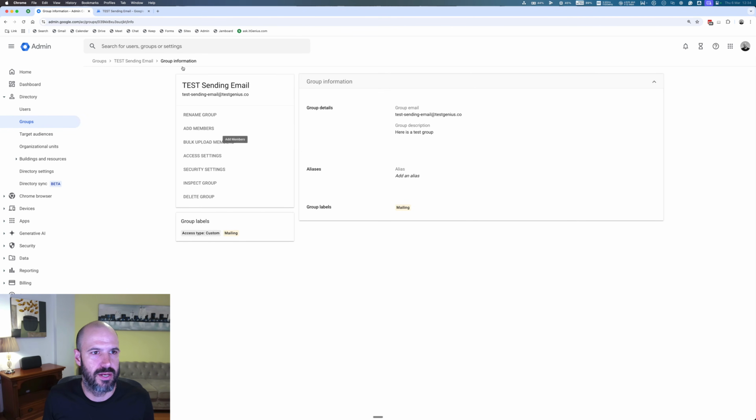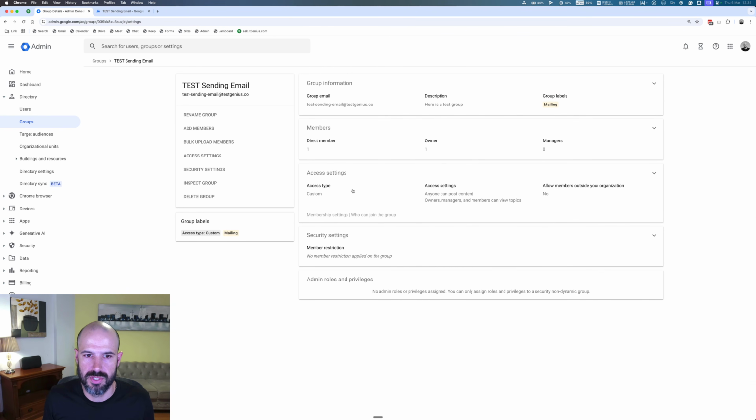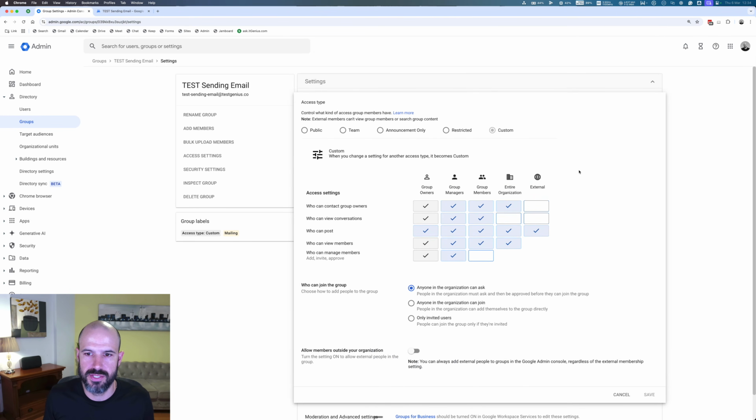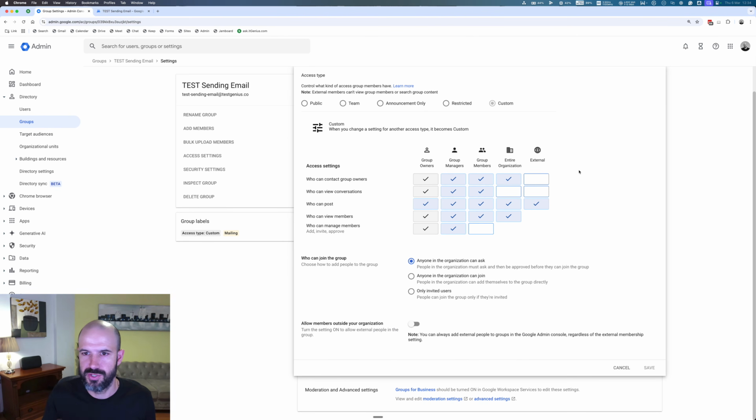Group email, and what I really want actually is the permissions. Here we go, access type. Okay, great. So it's pretty much mimicked the permissions that I usually like to set. Usually what I'll do is I'll come in here, I'll click restricted. I'll add the entire organization can view members. And if I don't want anyone outside the company to email, I'll remove the ability for external to reach out